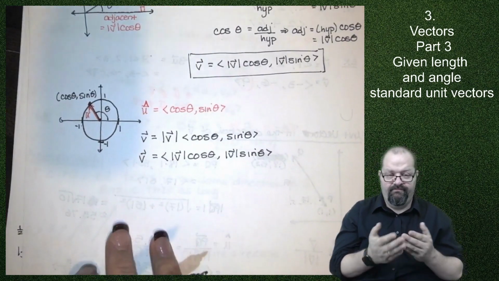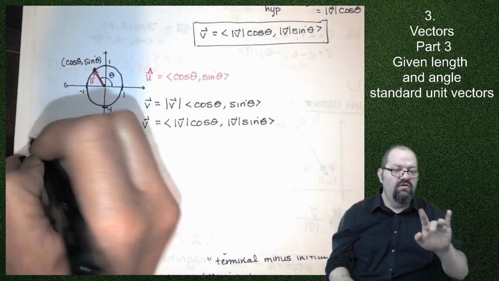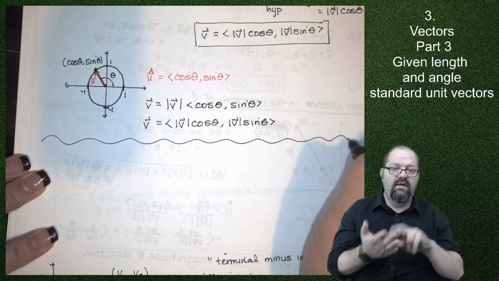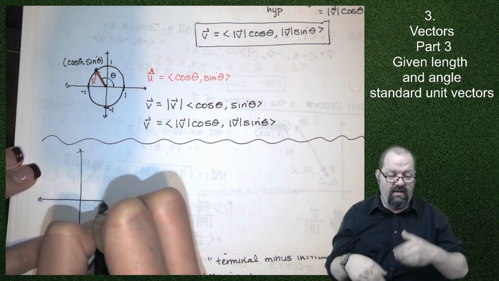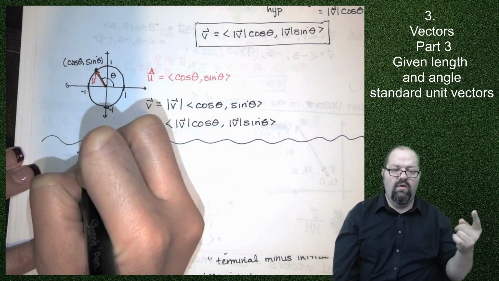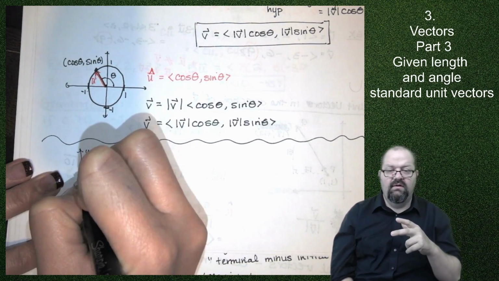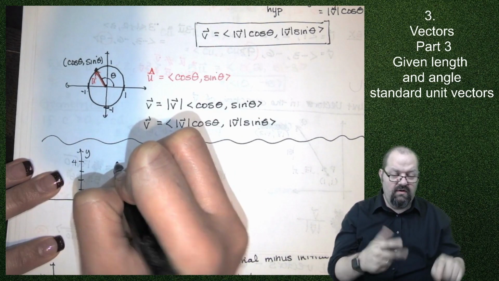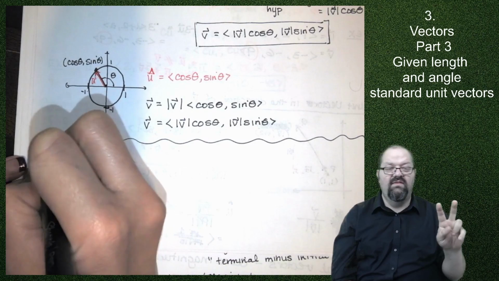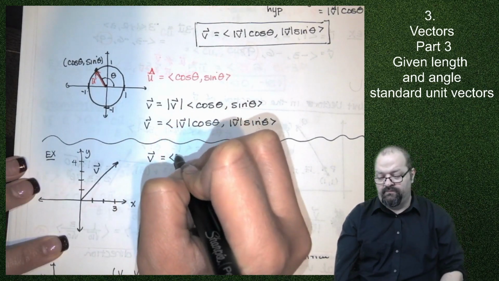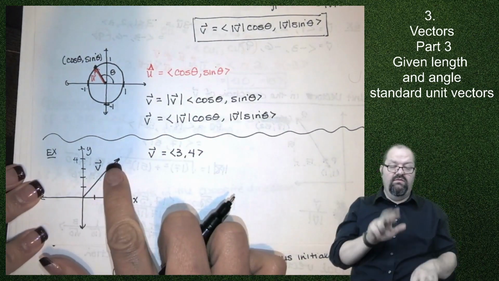All right, so we've been doing all of this for a while. We have not talked about standard unit vectors. Remember, a unit vector is 1 unit long. If I am in 2D, I'm in the xy plane. Let's say I'm looking at the vector with components 3, 4. Maybe this is my vector v, just for example. I can write it that way. Go 3 units in the x direction, 4 units in the y direction to get to the terminal point of